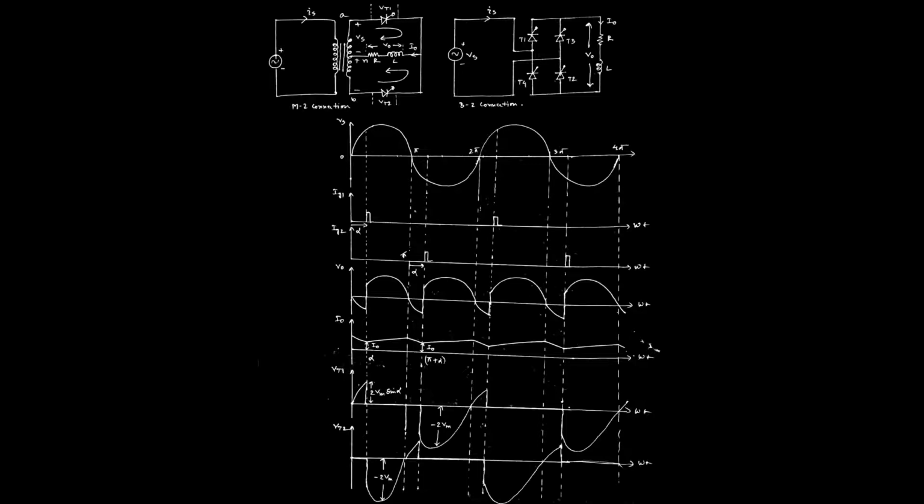That is why we can say, by proper conduction of T1, T2 and then T3, T4 for consecutive cycles, means positive half cycle and negative half cycle, in both cases the current and voltage direction across the load is the same. That is why both the positive half and the negative half are converted to voltage and current in the same direction, or positive direction. That is why we can say this is a rectifier operation. So actually in both circuits the operating principle is almost the same, but in the first case we conduct two thyristors, and in the second case we conduct four thyristors.